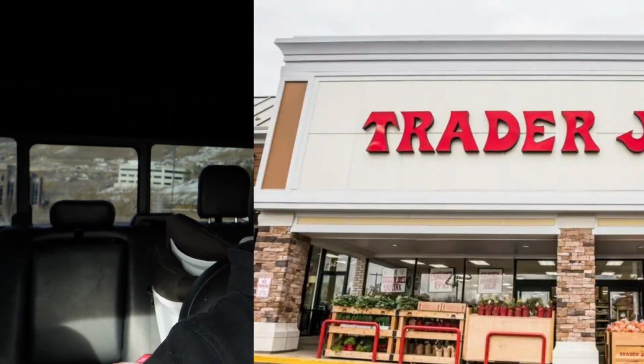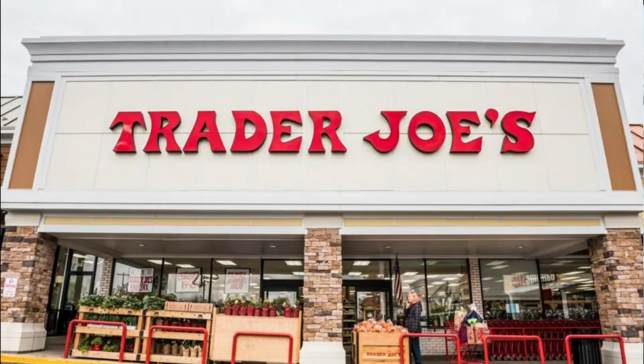There are also some grocery stores that you don't find over on the west side, like Trader Joe's, or if you're looking for a Whole Foods type of store. The majority of those are going to be here on the east side of the valley. While you still have grocery stores over on the west side, those are going to be your